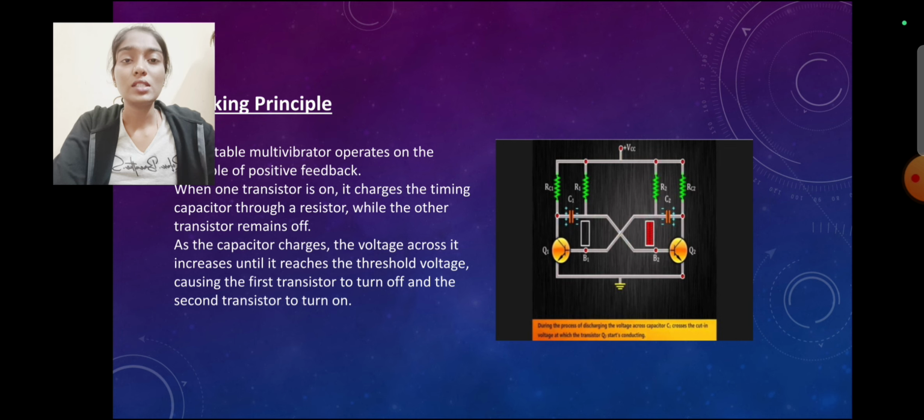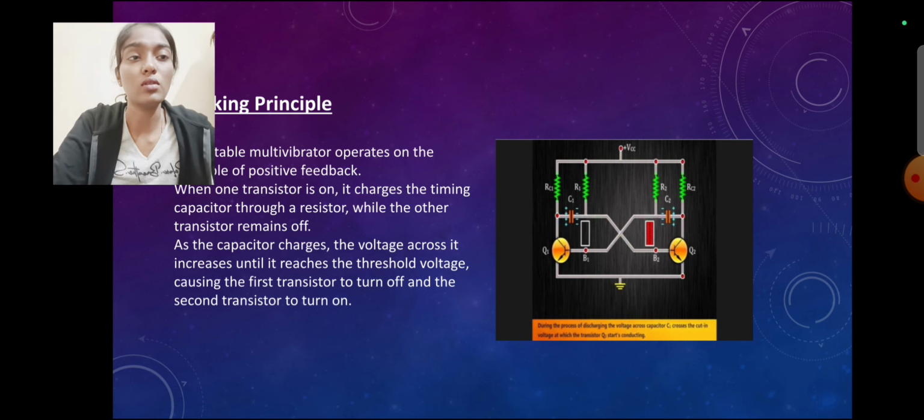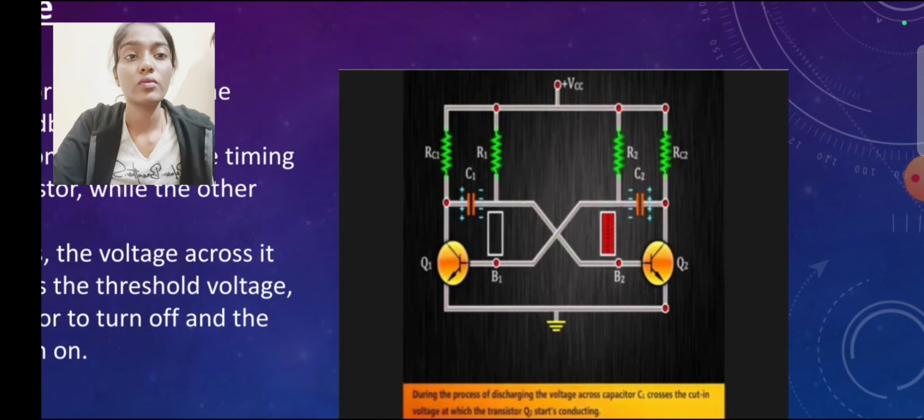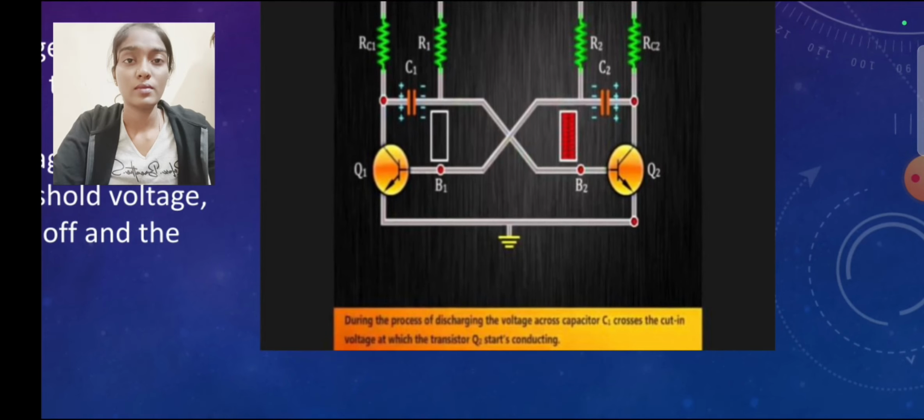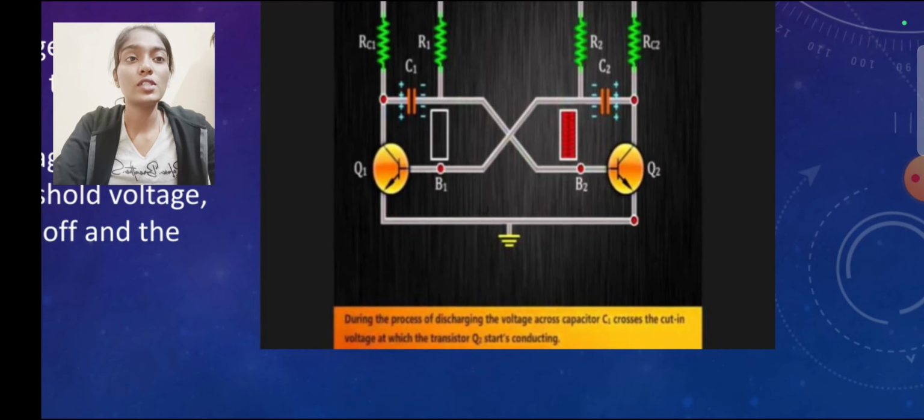As the capacitor charges, the voltage across it increases until it reaches the threshold voltage, causing the first transistor to turn off and the second transistor to turn on. During the process of discharging, the voltage across the capacitor C1 crosses the cut-in voltage at which the transistor